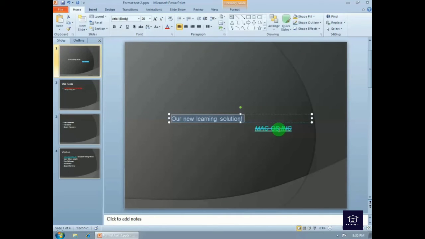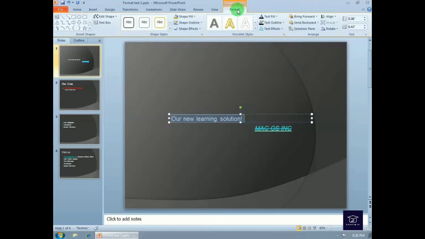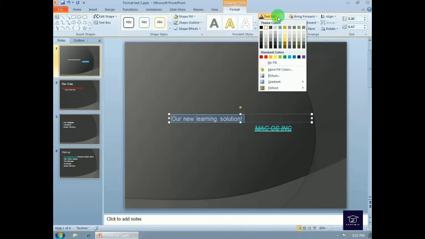Now, if you want something more dangerous than what we've just covered, then, if you haven't noticed by now, when you select the text, you get the related contextual tab, Format. Click on it. Now, we're not working right now with shapes or shape styles, but we're working with text, or what we can use as word art. First of all, let's come over here, and you can use text fill. What that is, it'll fill in the text with the color, maybe something red. I mean, we already know how to do that, right? But in addition to that, on the Format tab, you can also fill it in with a picture, a gradient,